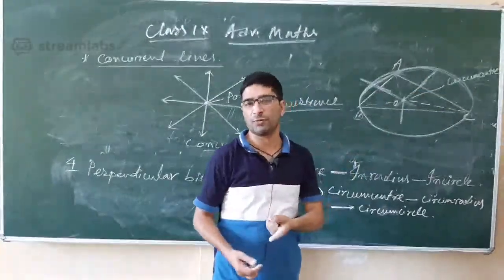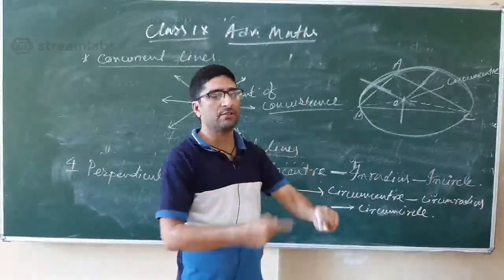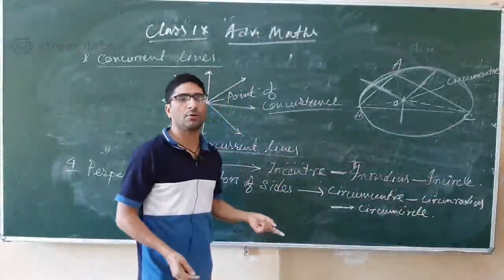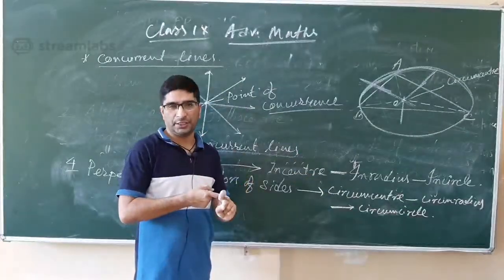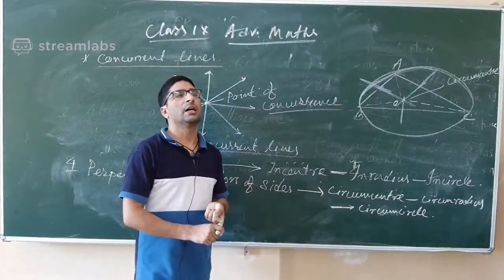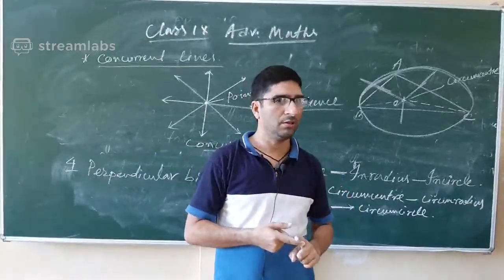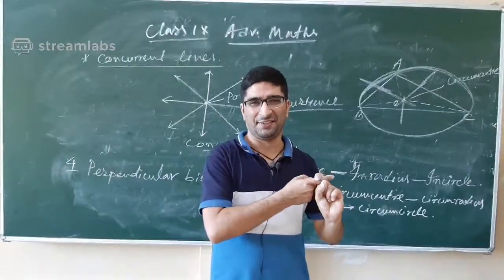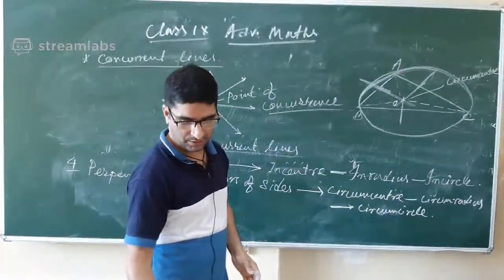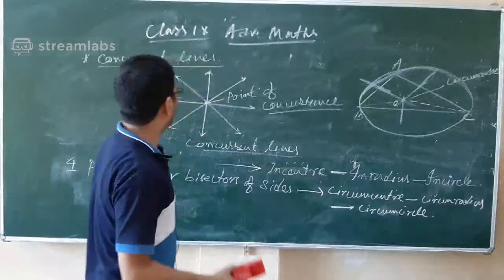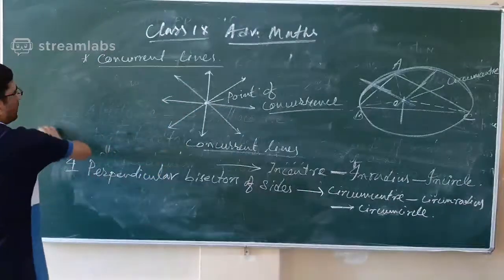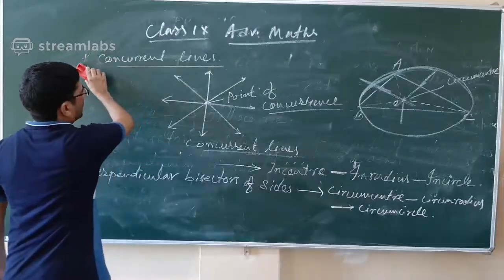Point of concurrence of medians is centroid. Point of concurrence of altitudes is orthocenter, and point of concurrence of angle bisectors is incenter. Okay, this concept is also clear. Now another one, next point is